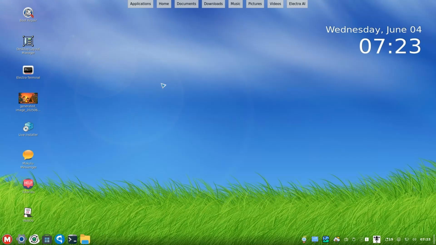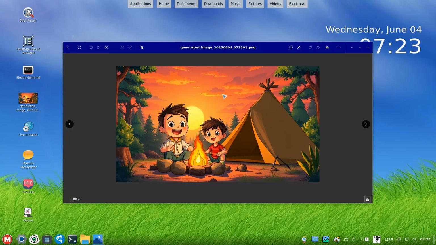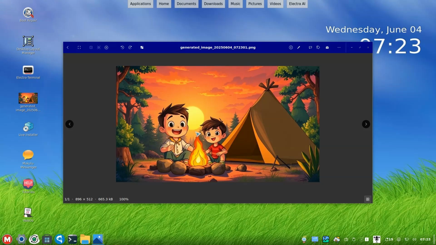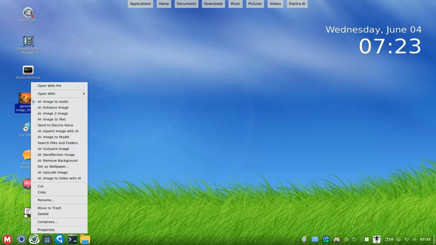Okay, now what I'm going to do now is I want to send this image to Electra, but to the voice. Remember here, we can send images to voice help. It says here, send, right click, send a document to Electra. So I'm going to send this straight to Electra Voice for her to process this image, right? So what I do is I right click the image and I go, where is it? There,